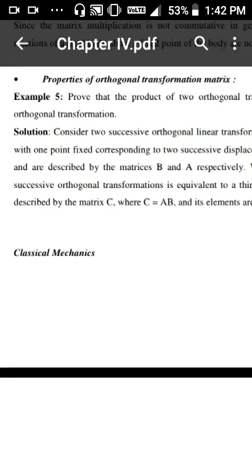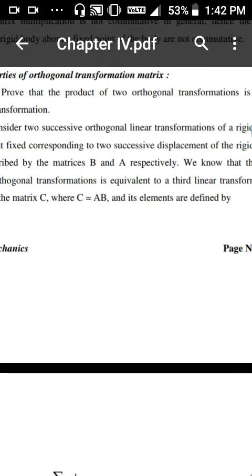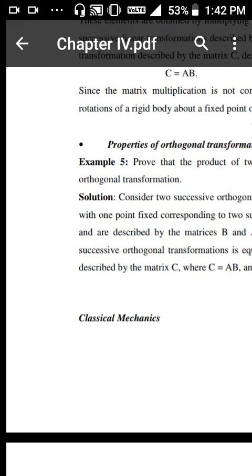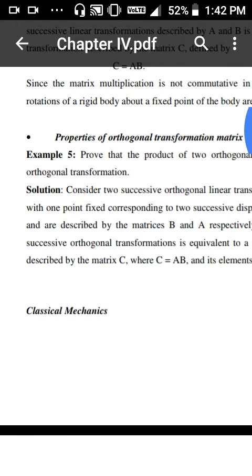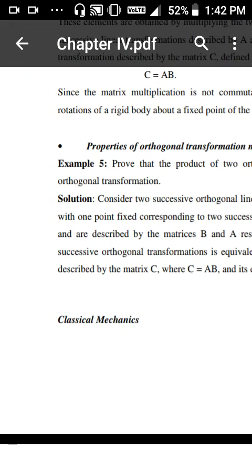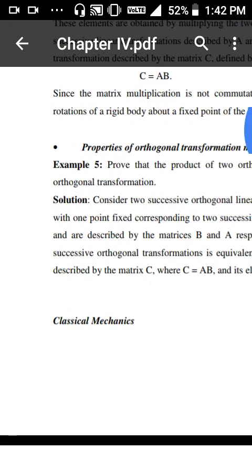Namaskar. Today I will discuss the properties of orthogonal transformation matrix. Prove that the product of two orthogonal transformation matrices is again an orthogonal transformation. Solution: consider two successive orthogonal linear transformations of a rigid body with one point fixed,